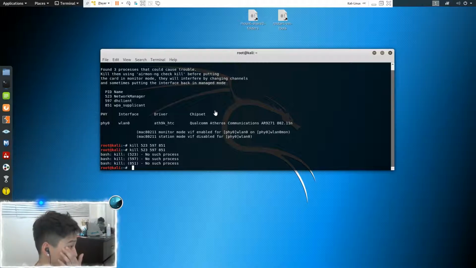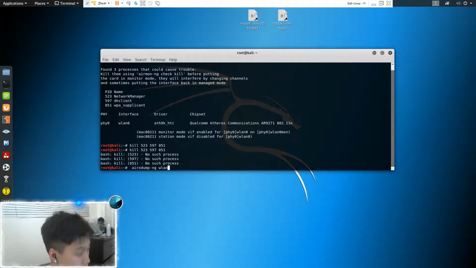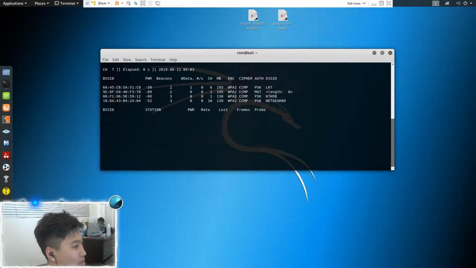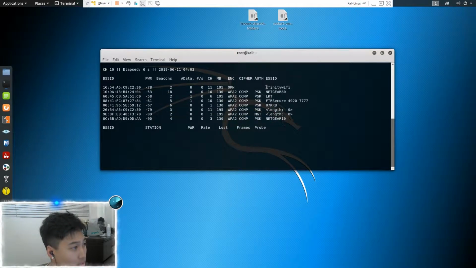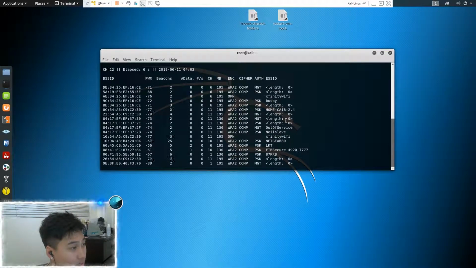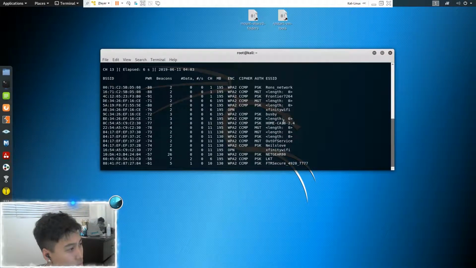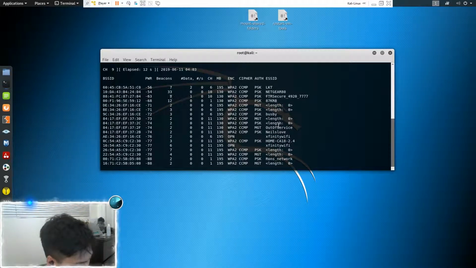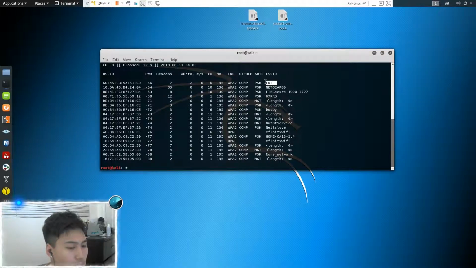Alright, so now we can start monitoring the networks around us by typing airodump-ng wlan0mon. And as you can see here, it's showing us all of the networks around us. Here are their names that they've been given. Once you find your target, I found mine's right here, go ahead and press Control C to stop it, and then let's go ahead and type in the following command